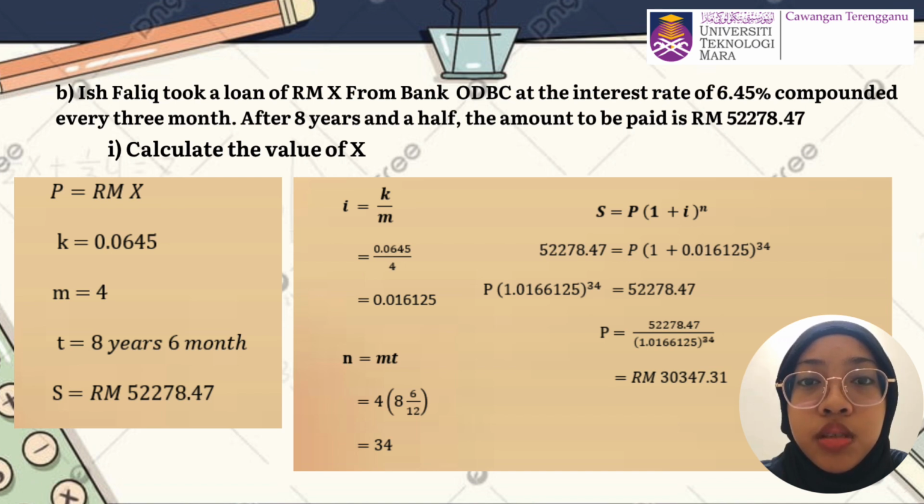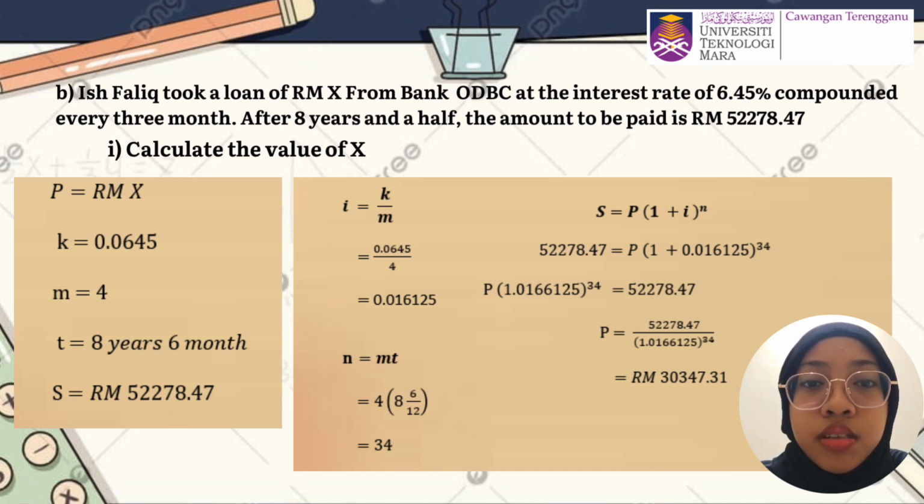Next for S, we use the formula S, 52,278 and 47 cents, equals P multiplied by 1 plus i, 0.01625, to the power of 34. Substitute the P, 52,278 and 47 cents over 1.01625 to the power of 34. We calculate, and the value of X is